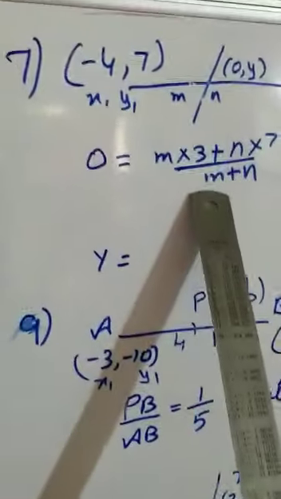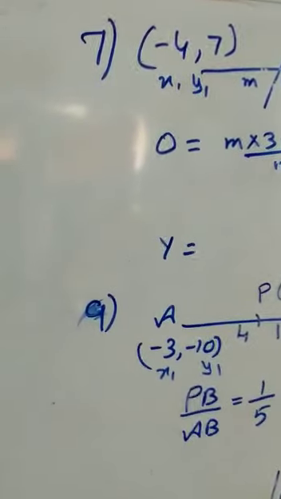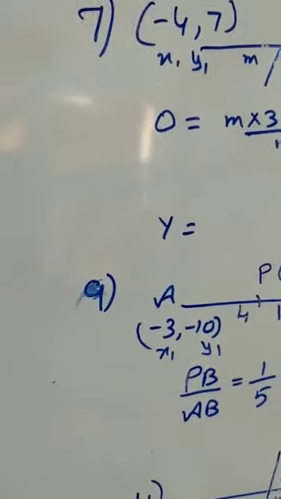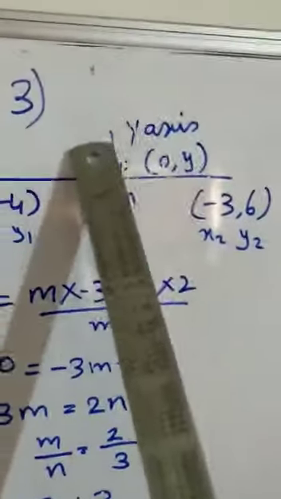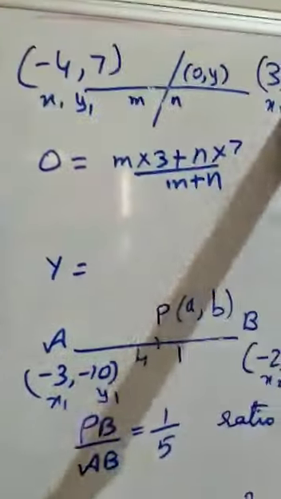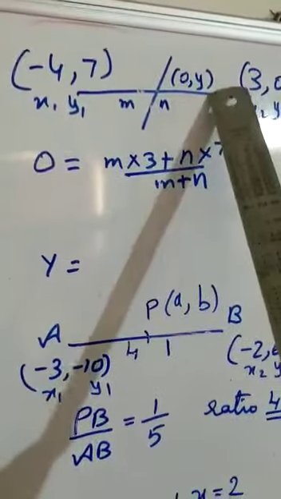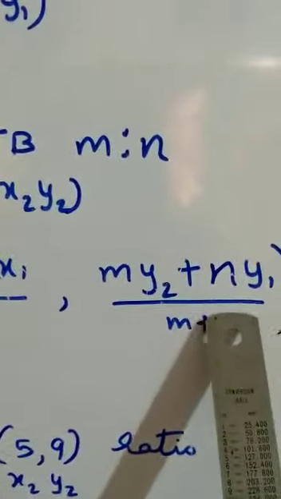Next we go to question 7. The question says, find the ratio in which the line joining minus 4, 7 and 3, 0 is divided by the y-axis, similar to your third sum. Y-axis, so 0 and y, same way 0 and y. Use your 0, find the ratio, and you'll get the ratio. Once you get the ratio, they're asking you to find y. Y is in the y's place. You will use the formula with the ratio you have found, get your y, and write it in the coordinate form. More or less all sums are similar, but still I'll explain 2 more sums.